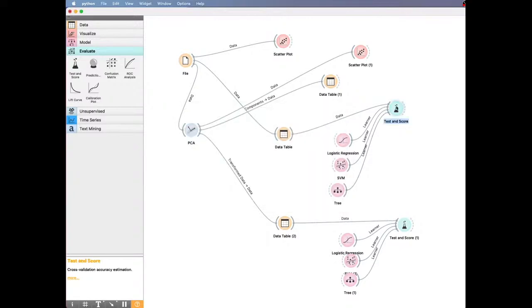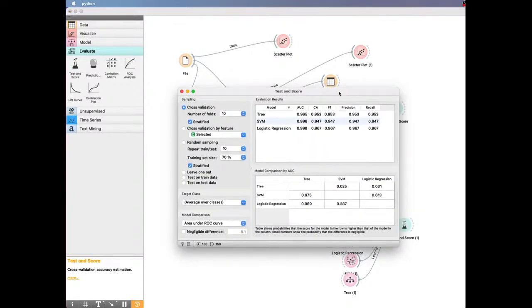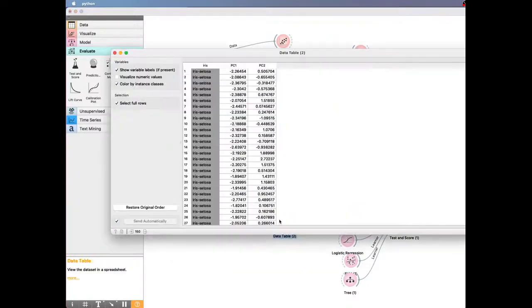So let's take a look at the upper one. If we use the original data with 4 dimensions, you can see that logistic regression, remember this number, 98.7%.